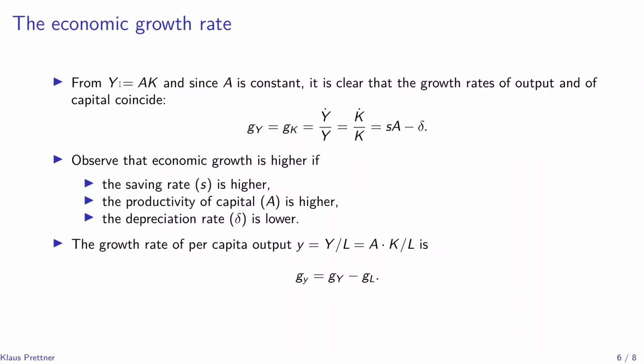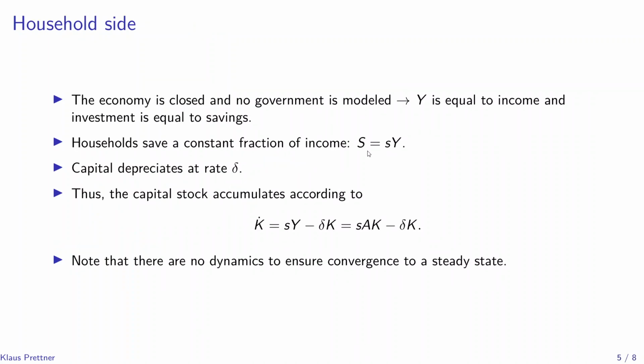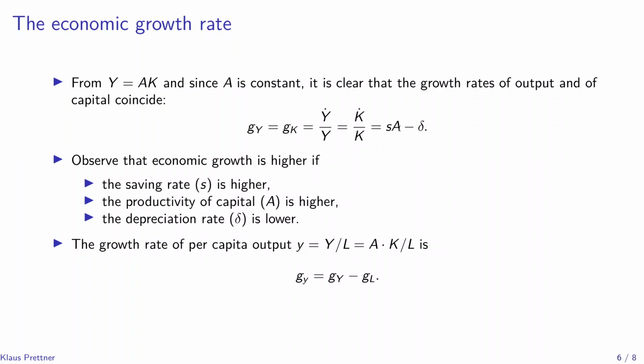So take the logarithm and then take the derivative with respect to time, and you will find this to be true. So then we have the growth rate of aggregate income is the same as the growth rate of aggregate capital, and we know the growth rate of aggregate capital from the previous slide, from the capital accumulation equation, if we divide it by K. Then the growth rate would be the saving rate multiplied by the productivity of capital minus the rate of depreciation. And that implies that the economic growth rate at the aggregate level would be higher if the saving rate is higher, or if the productivity of capital is higher, or if the depreciation rate is lower,